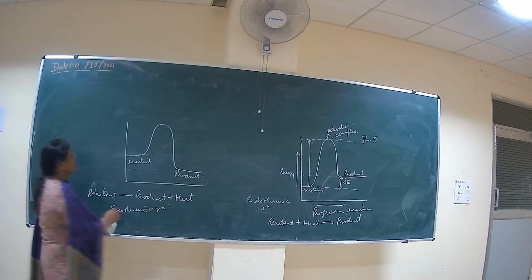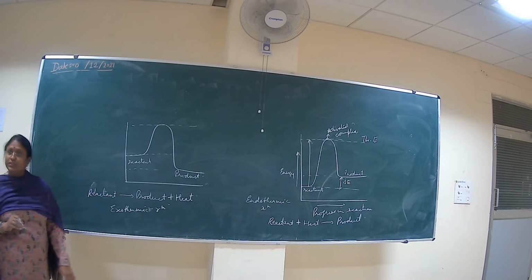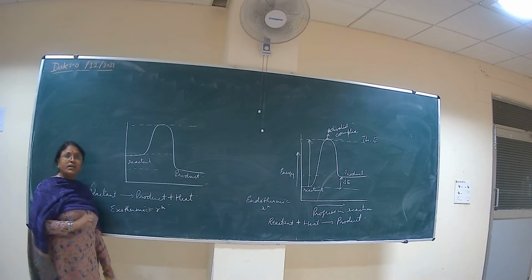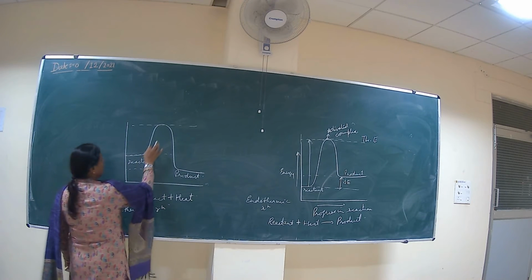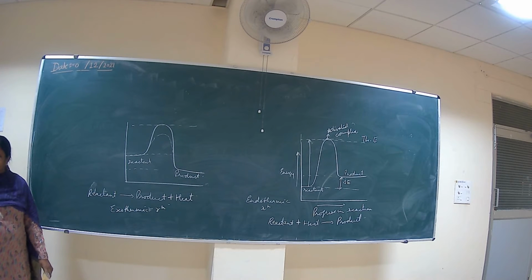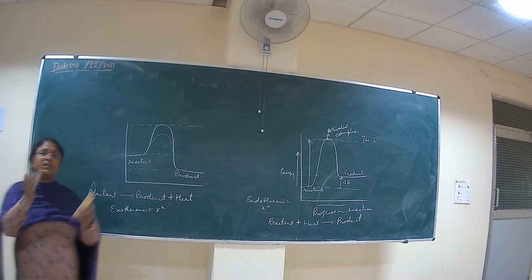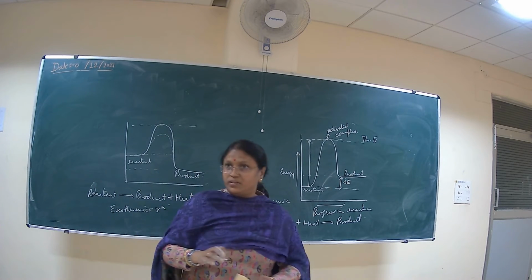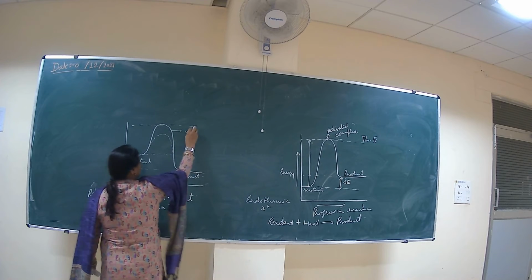Now along with this, if the reaction is a catalytic reaction, then an alternate path is provided by a catalyst for the proceeding of the reaction. So in this case, the activation energy is lowered by the catalyst. ठीक है? So जहाँ पर हमारा fast reaction होगा, it means the activation energy is decreasing. Activation energy is lowering. So ये हमारा, suppose this is the uncatalyzed reaction.